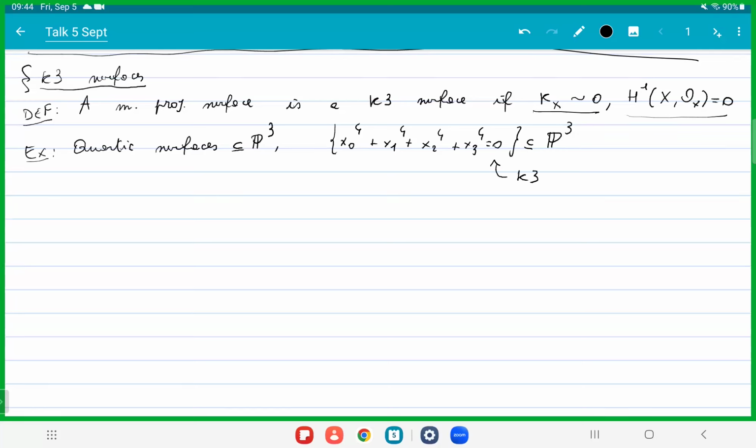And a very, very important feature of K3 surfaces is that their geometry can be understood by looking at a relatively simple linear algebra object, which is the Picard group. So let me remind you that, this is a very general definition, if we have any smooth projective variety, we can consider the Picard group of X. So this is the group of, if you want, linear equivalence classes of divisors.